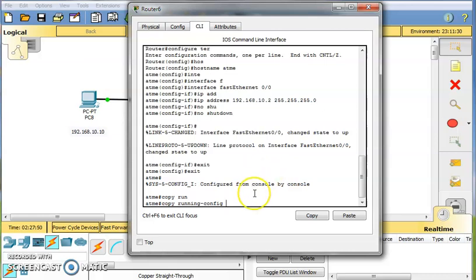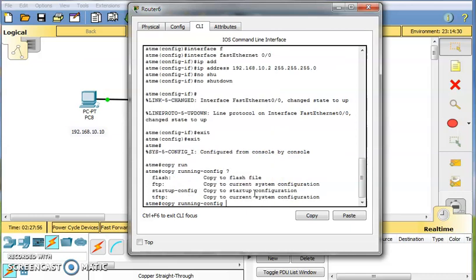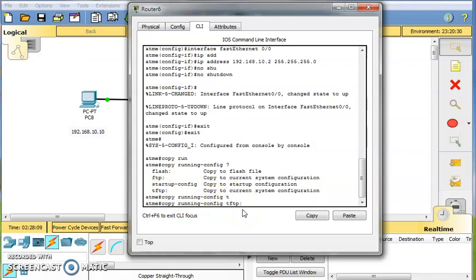This one is the source, and here we have to choose the destination. If we just press question mark, then these are all the destination types. One is flash, another one is TFTP, another is startup. Here we have to choose the destination as TFTP.